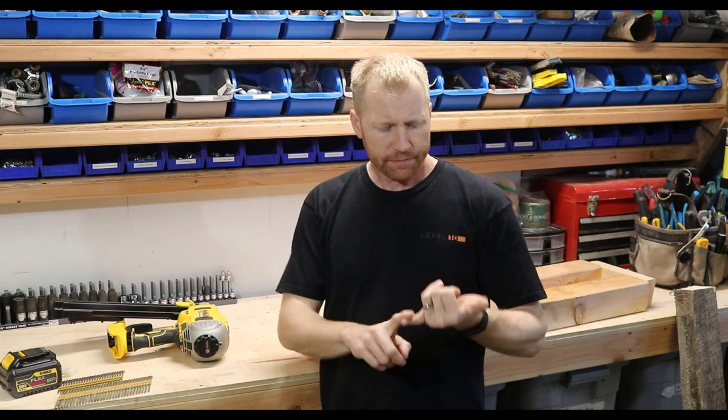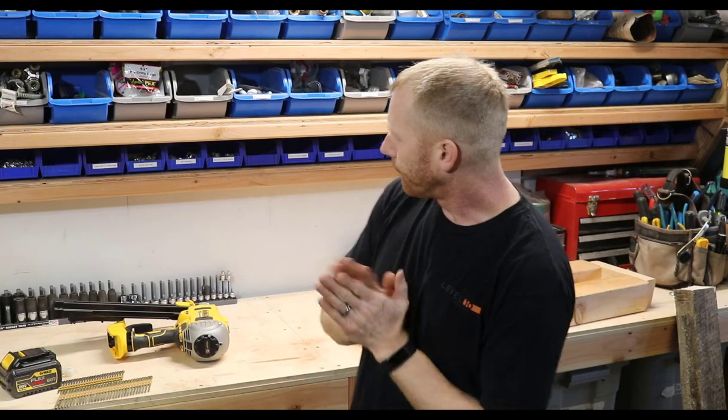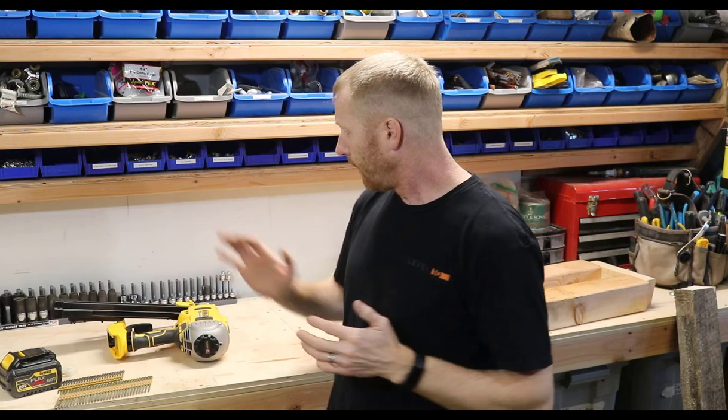Then I think Makita came out with their style, which I think there's a really, really good chance that Paslode makes those because they look almost identical. So it's only been in the last couple years that companies have come out with cordless full round head framing nailers. DeWalt came in, I think